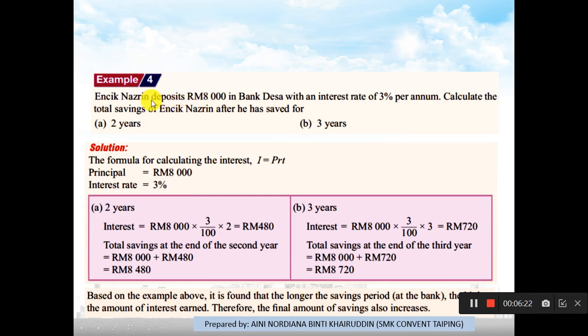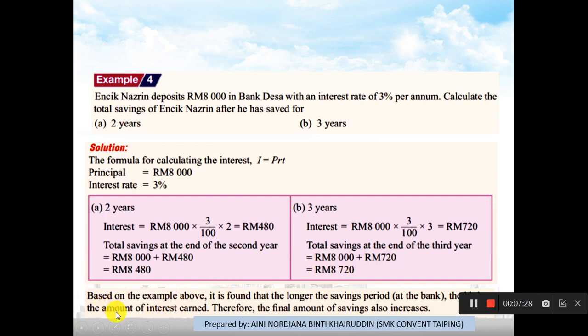Example 4. Encik Nazrin deposits 8,000 in Bank Desa with an interest rate of 3% per annum. Calculate the total saving of Encik Nazrin after he has saved for 2 years and 3 years. We use the same formula, I equals PRT. The principal is 8,000 and the interest rate is 3%. For 2 years, the total saving of Encik Nazrin will be the saving plus the interest, so the total is 8,480. For 3 years, the interest will be 720. So this is the total saving for Encik Nazrin,